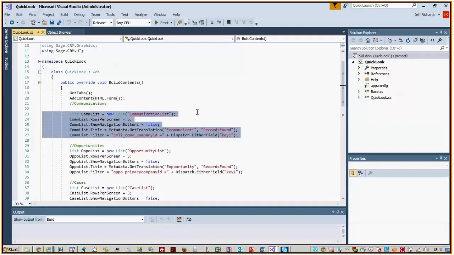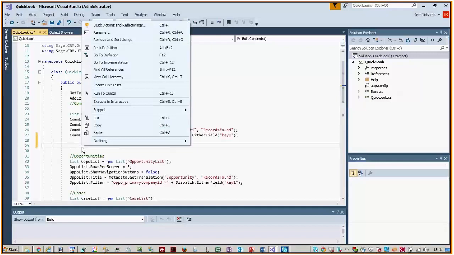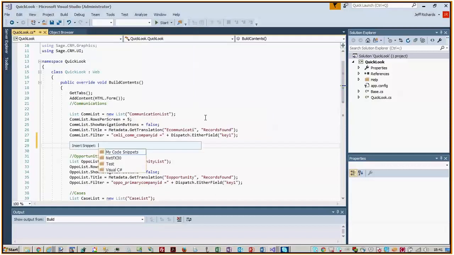We're able to change properties, including how lists are filtered, using the idea of context. And you can see here that we've got mechanisms to allow us to get hold of different contexts. If we're thinking about our own code in the future, wondering about context, well, inside the snippets that we've got, within the My Code snippets and the Sage CRM.net snippets, you can